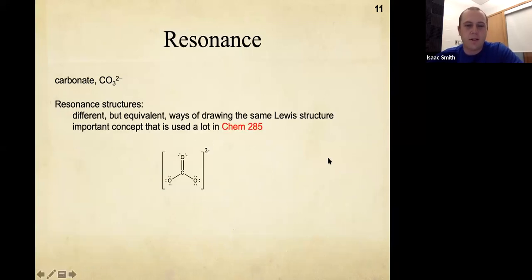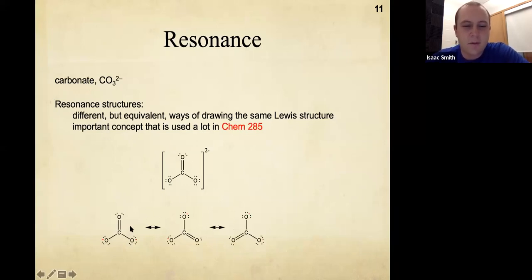And that's what we're talking about here. So here there's 3 different structures you could draw. If you remember from the previous slide what we had, you could have a double bond to that oxygen, to the oxygen in the bottom right, or the oxygen in the bottom left. These 3 structures are called resonance structures. Okay, carbonate, you would say, has resonance. Okay, those are kind of the terms, just walking through those. Chem 285, this is going to be a big topic. We'll talk about resonance a lot, but